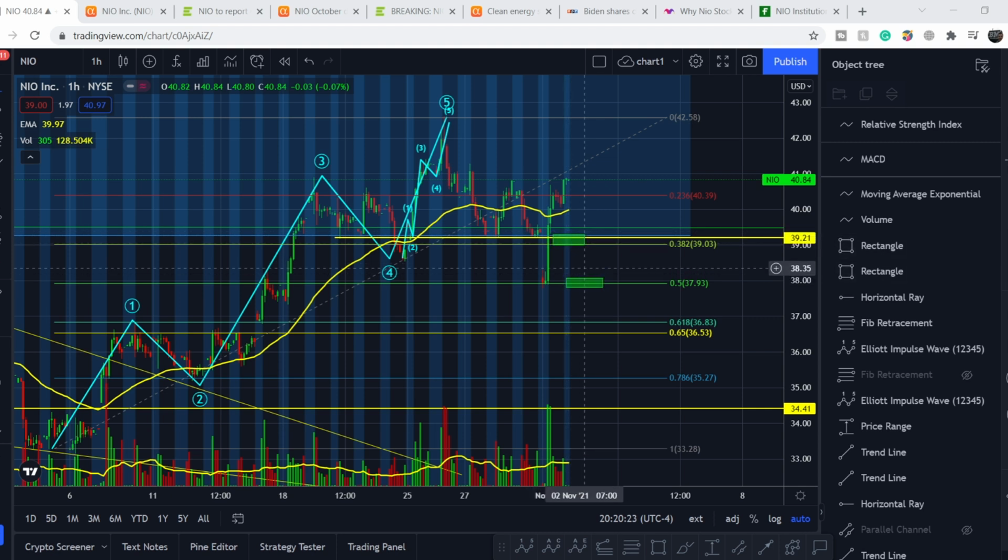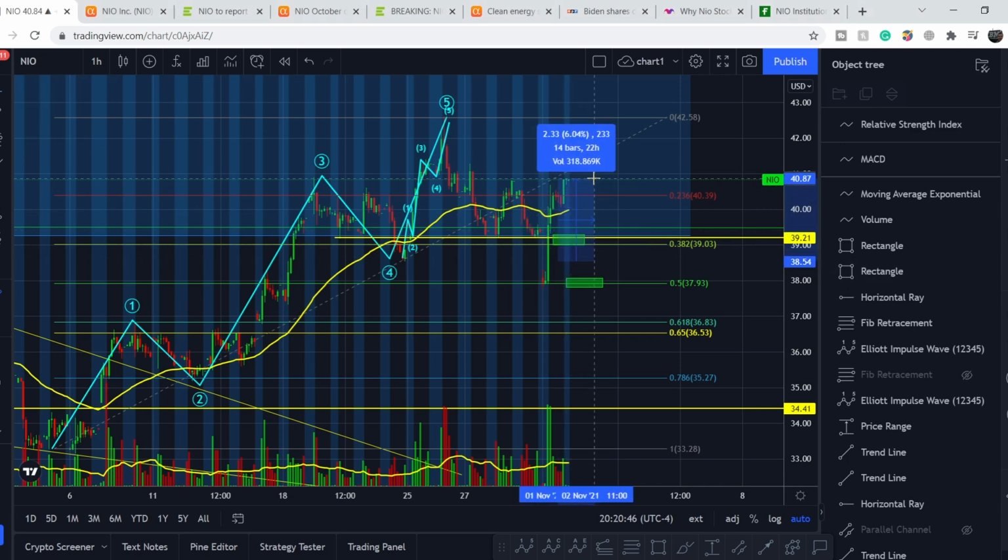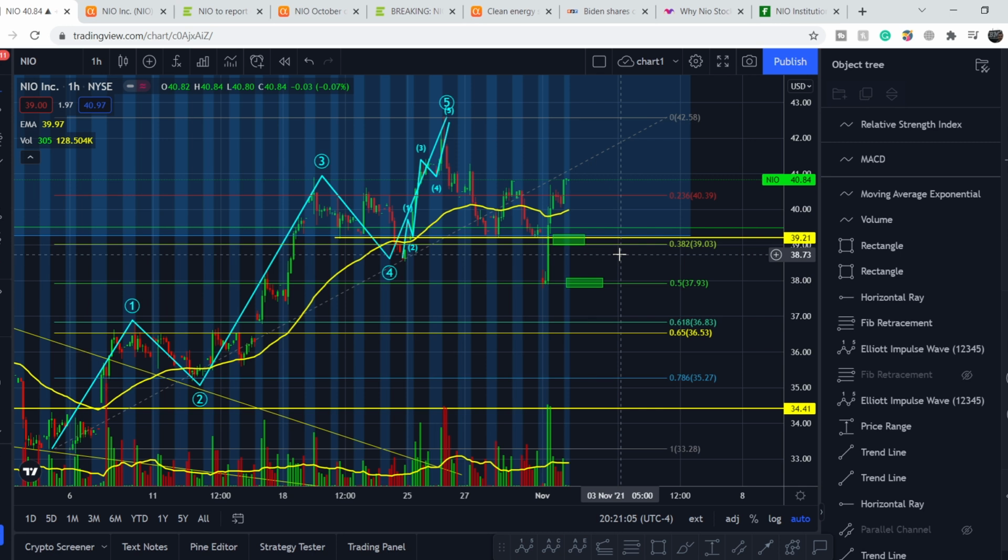And these two levels were the best levels for now for this asset to accumulate the position. And as you can see, we hit exactly to the tick these two levels, and your average price might be exactly in the middle of these levels, and during one session you are up for more than 6%. Very good gains. So I will show you my technical analysis in just several minutes, but for now let's continue with the fundamentals,